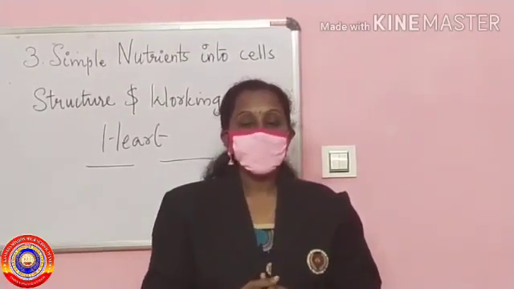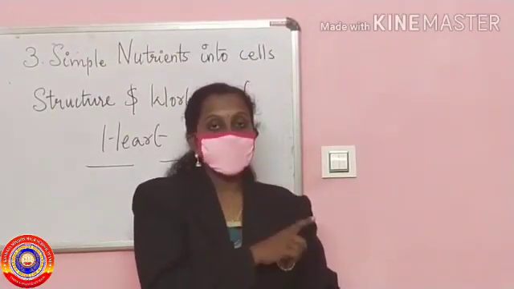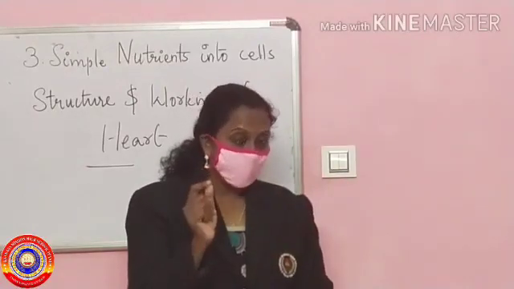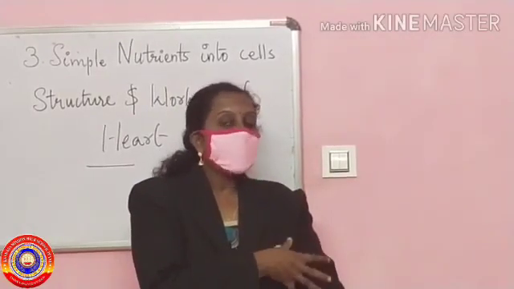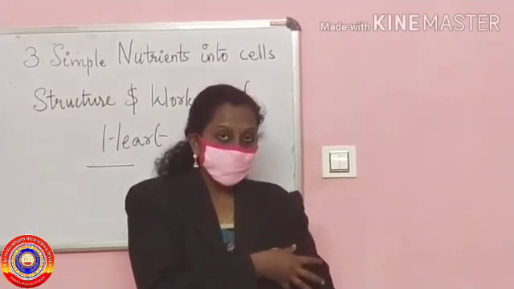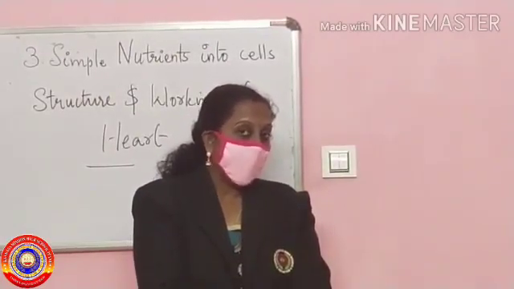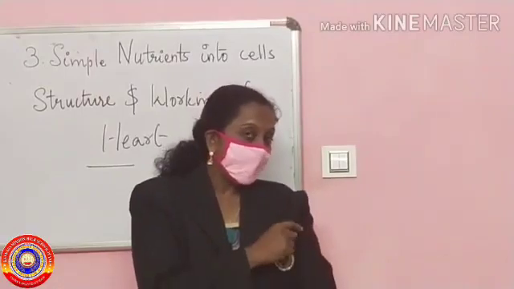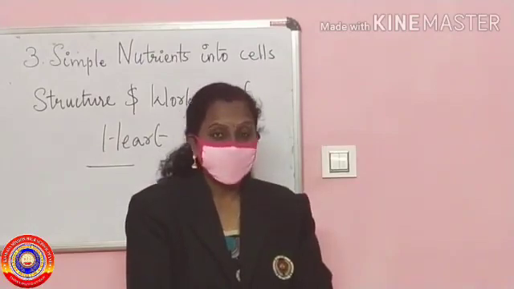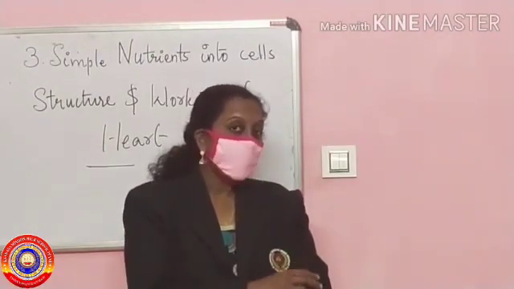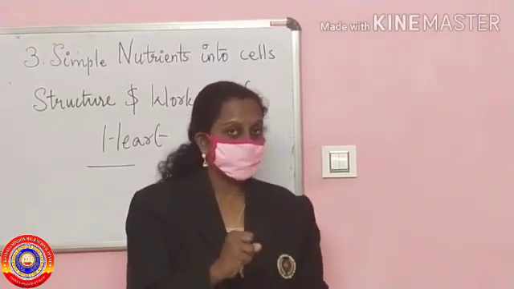The oxygenated blood from the lungs reaches the left atrium through the pulmonary vein. The atrium dilates, then it contracts. As a result, the bicuspid valve opens. The remaining blood in the atria pumps completely to the ventricle. The bicuspid valve will close. This is to prevent the backward flow of blood from the left ventricle to the left atrium.